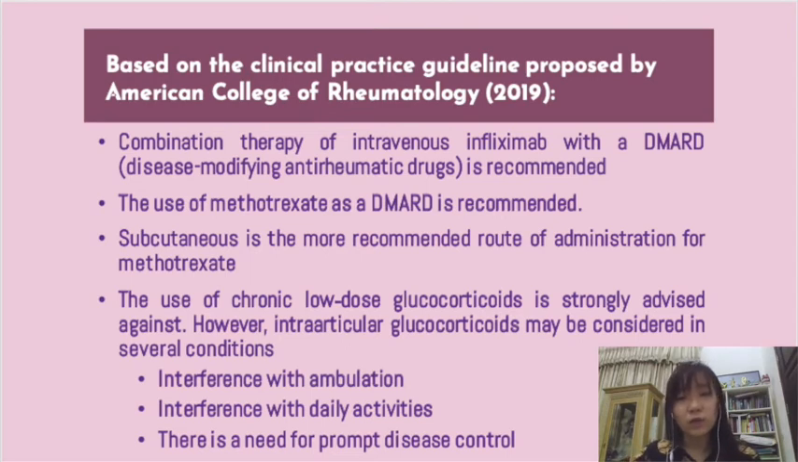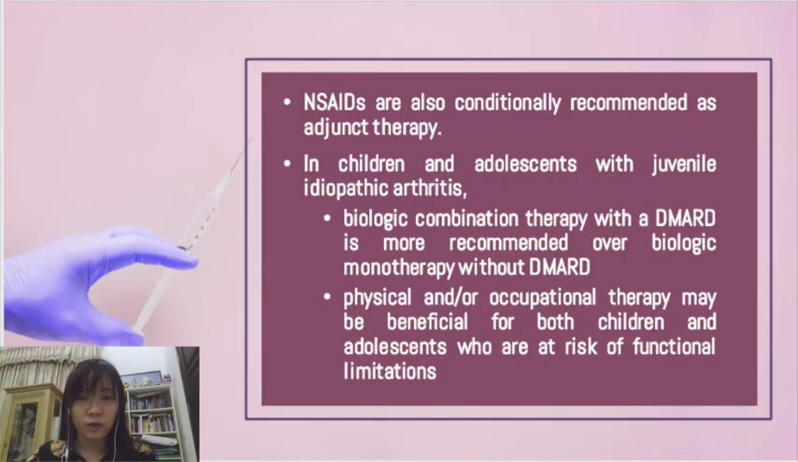Long-term systemic glucocorticoids are strongly advised against, as they cause side effects in children like osteopenia, cataracts, growth suppression, and weight gain. However, intra-articular glucocorticoids may be considered when arthritis is interfering with ambulation or daily activities, and where a need for prompt disease control arises. NSAIDs are also conditionally suggested as an adjunct. In children and adolescents with JIA,